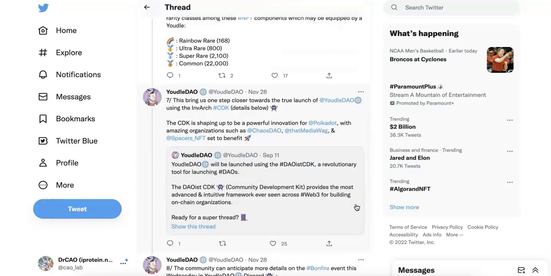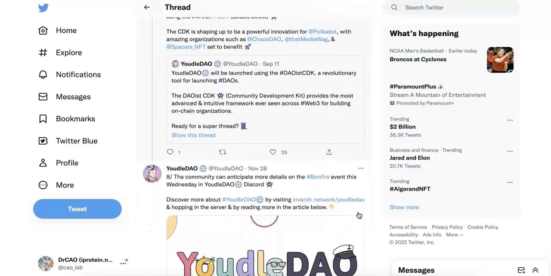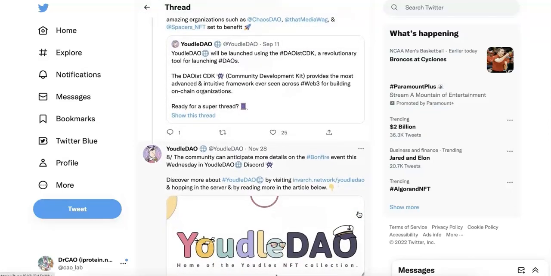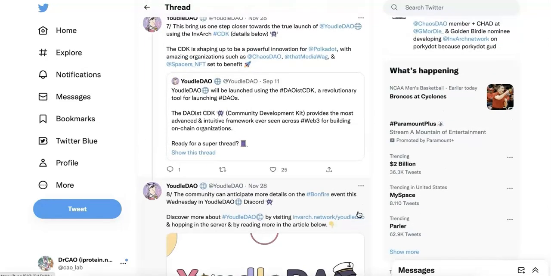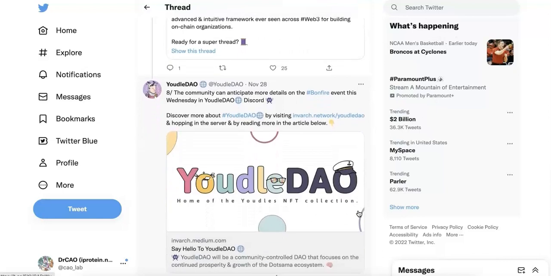So the InvArch CDK has been widely used with different projects like the WAG Media, Spacer NFT, and KO Star. I'm quite excited about the CDK, the Community Development Kit, as well. And there will be more details on the BOM file. That's an event that's going to review the YoudleDAO NFT. Alright, I think that's all I want to talk about regarding InvArch, their new dual token, and also the